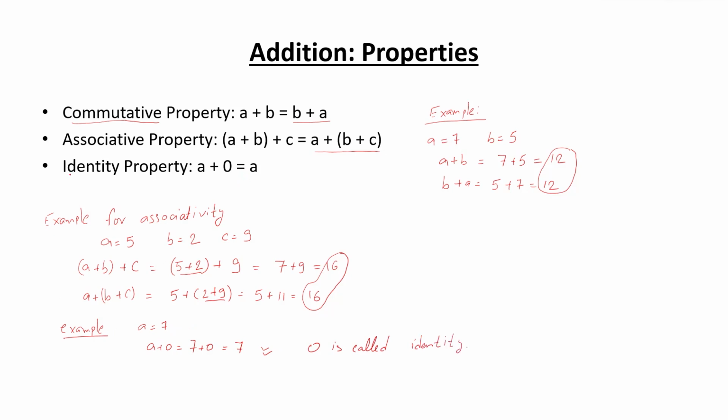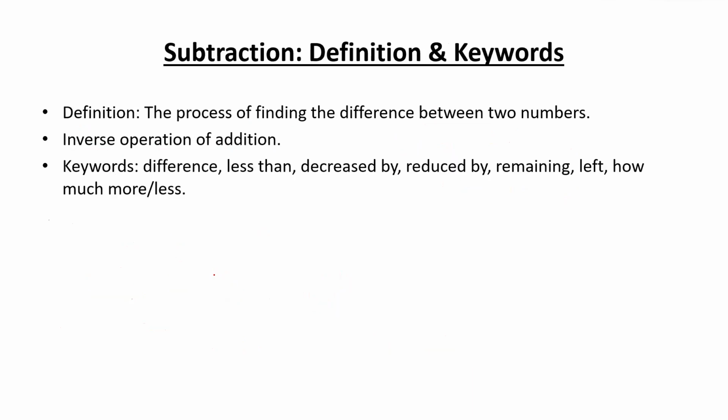Again, you don't need to remember these properties. You just have to remember the operation. First operation is whether you add 5 and 7 or 7 and 5. Both are the same thing. Order does not matter. Similarly, if you are given three numbers, you can start with adding any two numbers first and then you keep on adding other numbers. So, order does not matter which you are adding first. Okay. And 0 if you add to any number, you are going to get the number as it is.